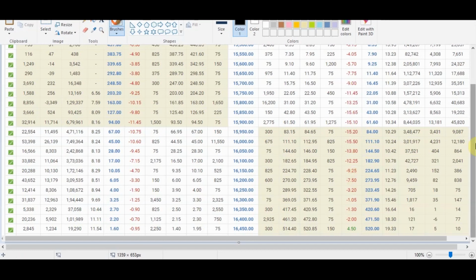So if we want to do a short strangle, we have to form a view on the underlying index. So let's say my view on Nifty is neutral. What I can do is sell a call and put of equal premiums on both sides. For example, if my view is flat, I can sell the 15,650 put, which is trading at 11 rupees, and a 16,150 call, which is trading at 10 rupees.